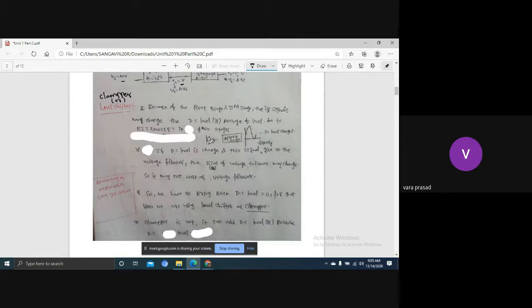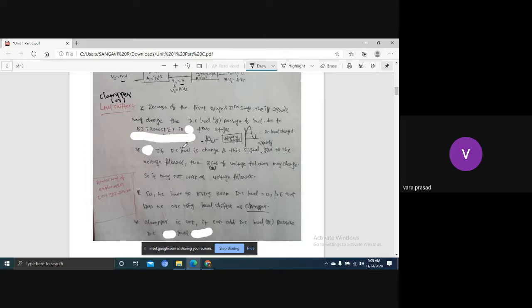For example, the DC level is here. The average level is at the origin. Here, if you see, it is amplified after the second stage. But this DC level, see here, the total signal is shifted above the origin level. That's why I have to bring this amplified signal back, or restore the DC signal.